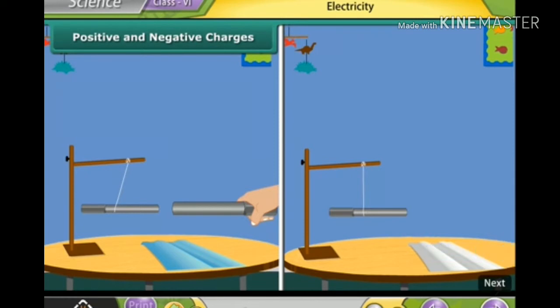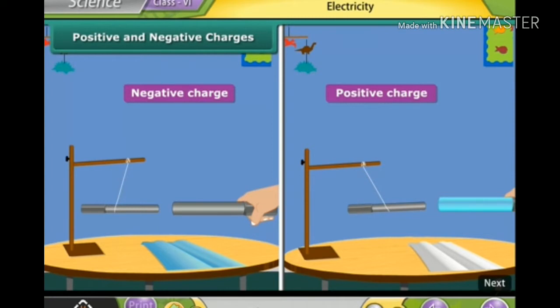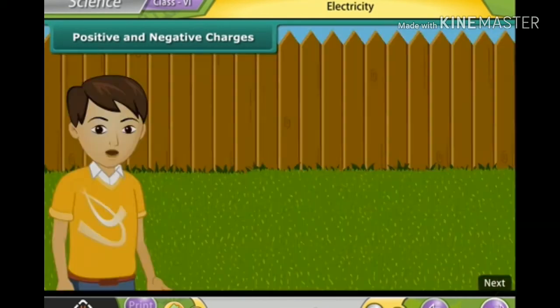These two kinds of charges are called positive and negative charges. The positive charge is shown by the plus sign and the negative by the minus sign. Merely as a convention, the charge on a glass rod rubbed with silk is taken as positive and that of an ebonite rod rubbed with woolen cloth is taken as negative. From the earlier activity we can conclude